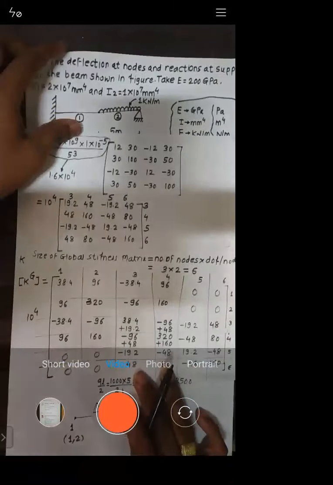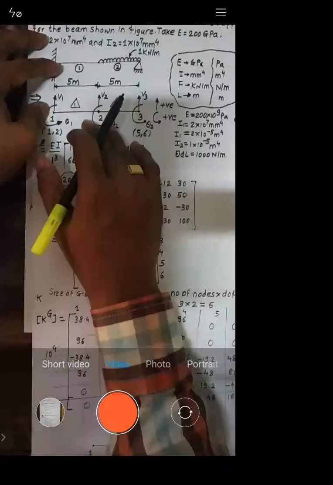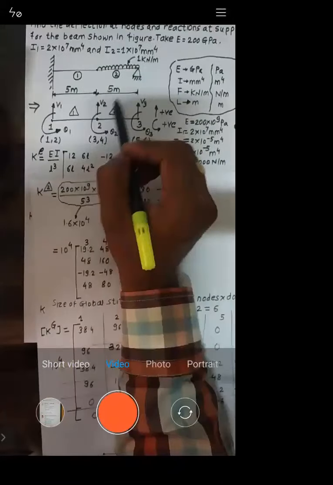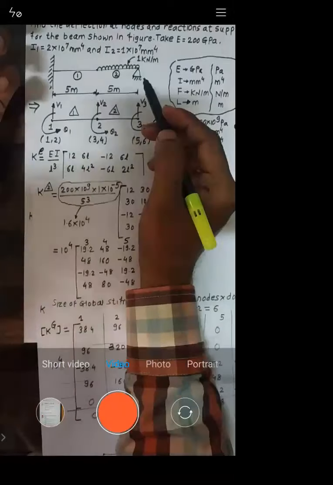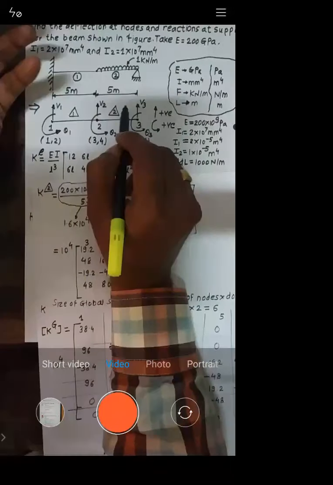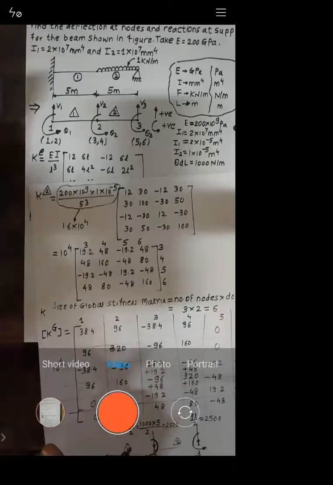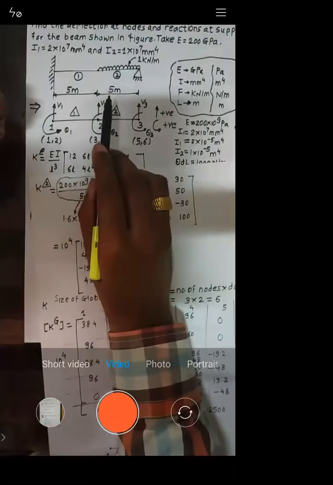Sir, it is an assumption, no? Yeah. As I told you, with this assumption I am solving the problem. If you have calculated the value of V2 and it is coming out negative, that means the direction of V2 that you assumed is wrong. This is just an assumption, right? Yes, sir. It is just a direction. We don't know the magnitude, so when we calculate the magnitude, obviously with the magnitude you will get the direction, whether it is positive or negative. If V2 is coming negative, that means the assumed direction is wrong.